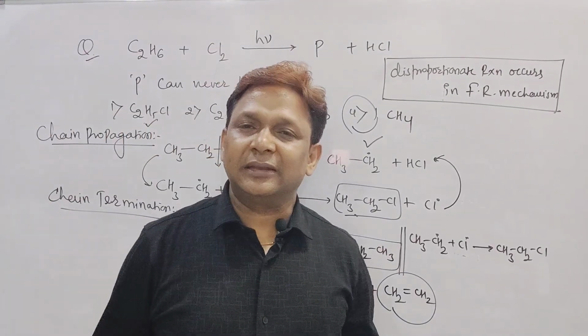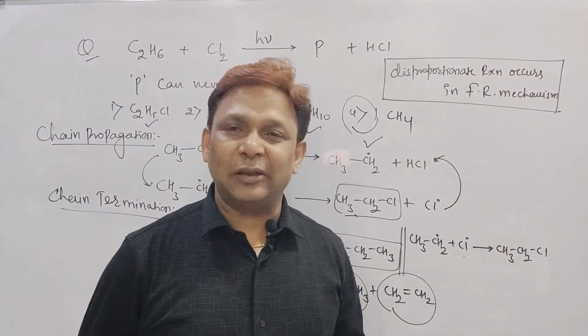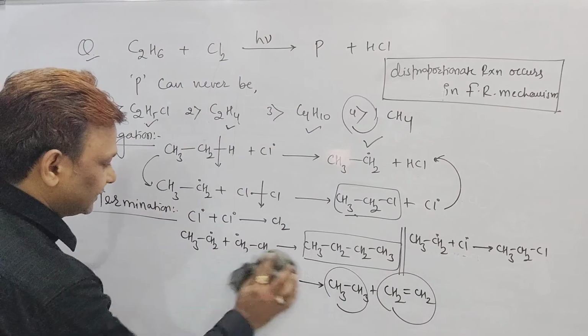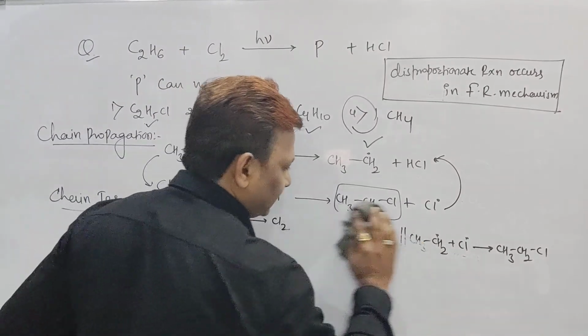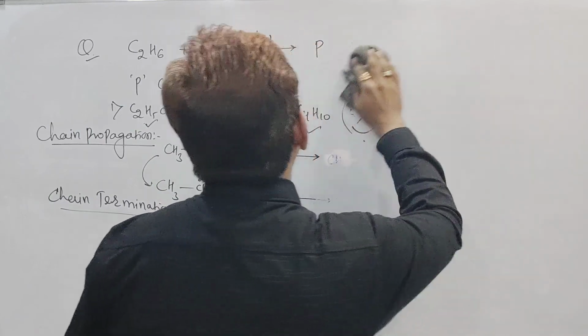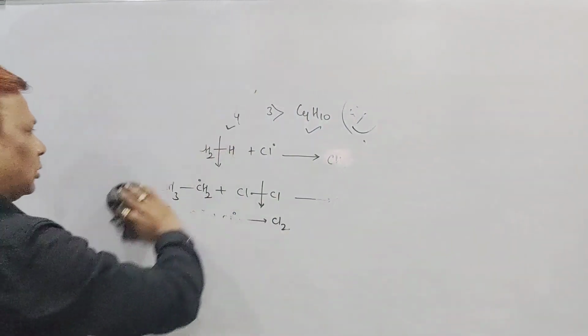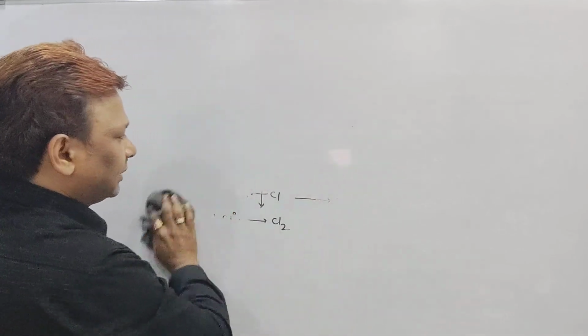Now the reactivity of these halogens toward this reaction, meaning halogenation. That one we will see here. What is the reactivity of halogens towards these reactions, meaning towards the halogenation? Fluorine, chlorine, bromine and iodine, beta, which will be more reactive towards the halogenation of alkane? So what we will say here, reactivity of these halogens, beta, towards this reaction.